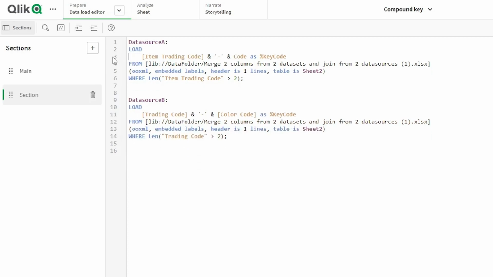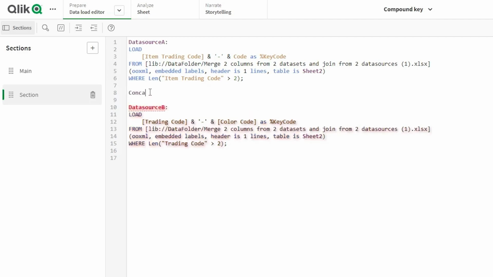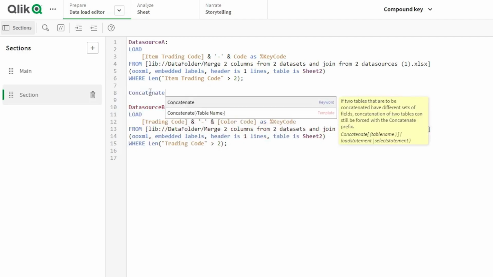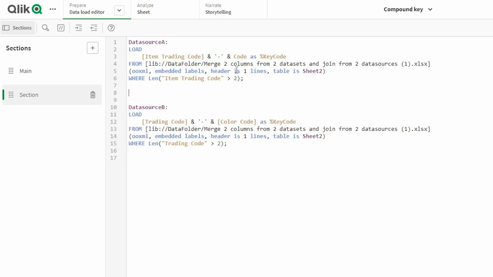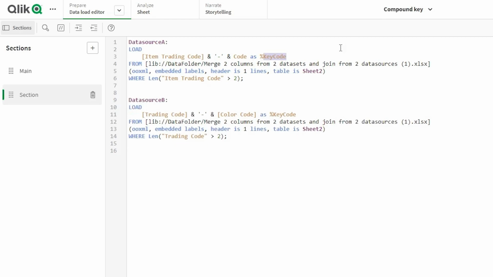And guys, usually you would need to express a concatenate expression here, so we could merge those two tables together. But since we have put the same name on both tables, they are equal. And what happens is that they concatenate automatically, you know? So let's see this in practice.